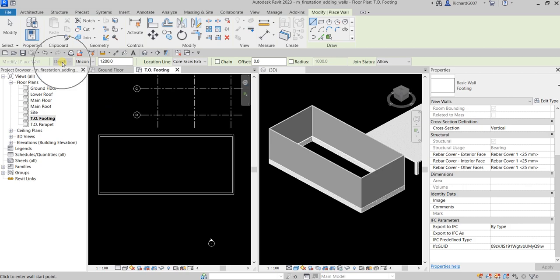Now, again, it is set to depth because we are creating a footing or foundation. So I'm gonna modify this one. Instead of the default, which is 1200, I'm gonna change this to 450. So 450. You can change the value of your depth if unconnected is selected. Okay, so I'm gonna change that to 450, and then let me change the location line to wall center line. So select that one, and then using the rectangle tool,